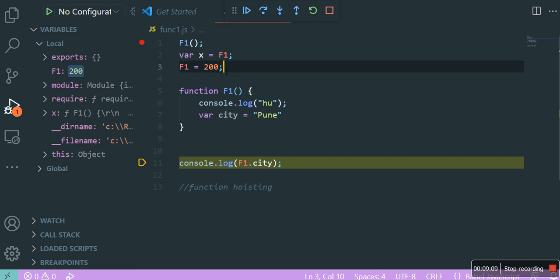जब ये line number 3 run हुआ, F1 equal to 200 ये assignment जब हुआ, you can see what happened here, correct? So I'm asking where that function body and all this is gone, and now F1 is 200. How can I assign 200 to a function? F1 is a function. How can I do that? This doesn't look logical, ना? इसका सेंस नहीं बन रहा है कि क्या कर रहे हैं, F1 एक फंक्शन है उसको हम 200 वैल्यू कैसे असाइन कर सकते हैं. So try to think, just take some time, just try to think what could be the thing which you're missing here.